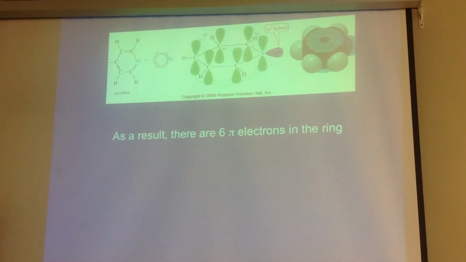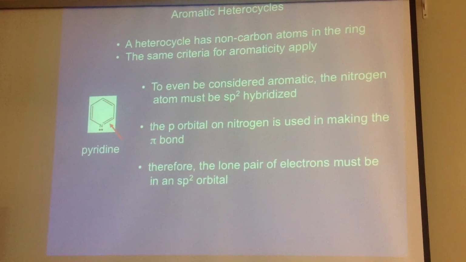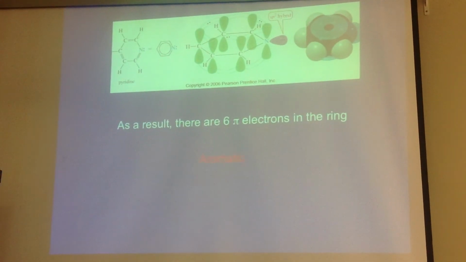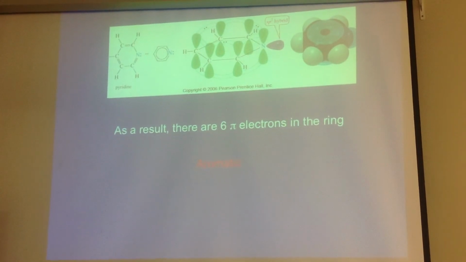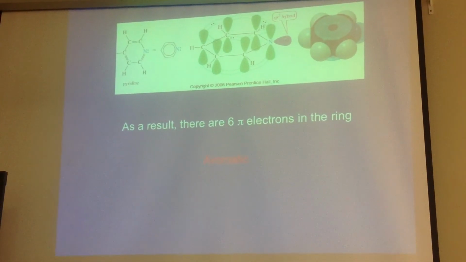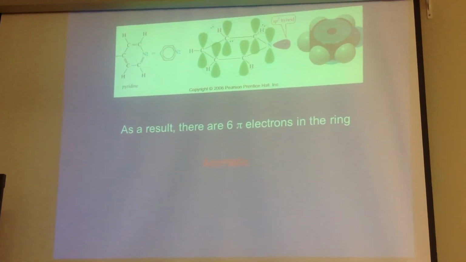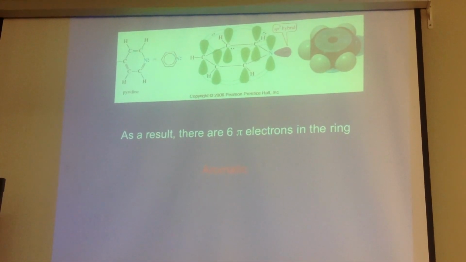And so what that means is that, let's flip back to it real fast. I'm not going to even count it. So I have a ring. I have 2, 4, 6 pi electrons in the ring. Pyridine is aromatic. If I counted the lone pair, I would have said it was anti. I would have been completely wrong. So your exercise is to go home, and you have a couple other examples. See if you can figure out where the lone pairs are. We'll finish this up first thing next time, and then we'll name